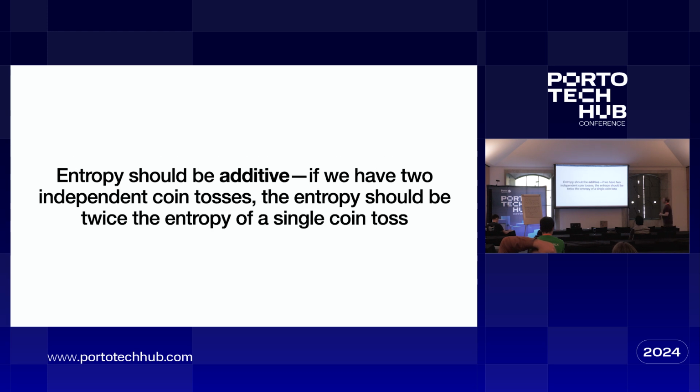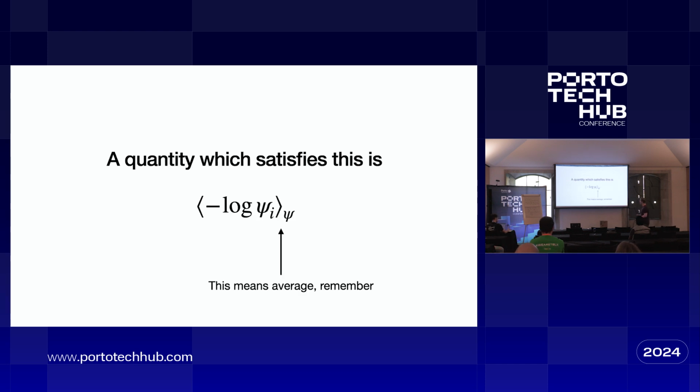So, okay. The next thing we require for entropy is that it should be additive, okay? If I have 2 bytes, if I say that a byte has 8 bits of information in it, how many bits of information do 2 bytes have? 16, right? So entropy is a measure of information. It should be additive. When I put 2 systems together, the entropy of the combined system should be the sum of the individual entropies. Okay? This is where the definition of entropy comes from, nowhere else, right? Even in thermodynamics, it's really just that.